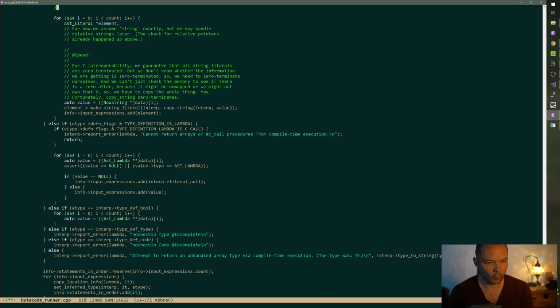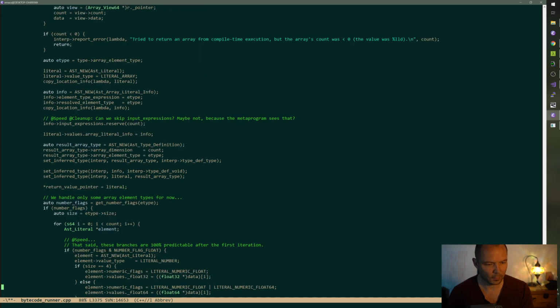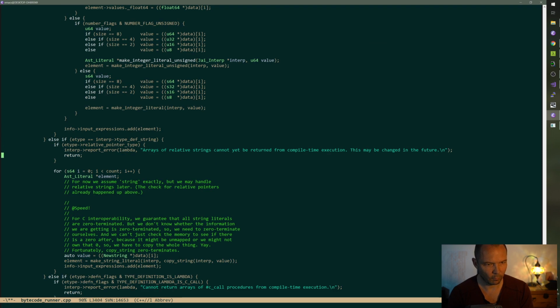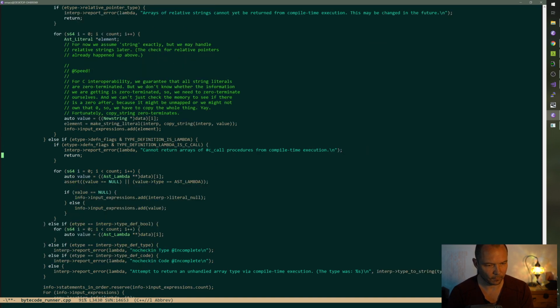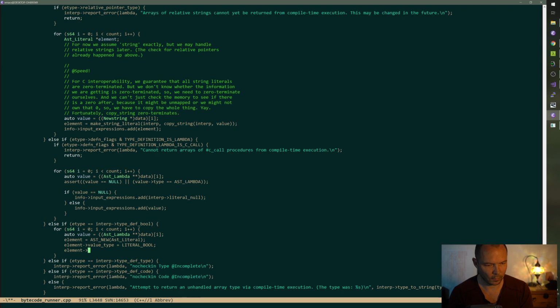All right, so we're going to want, just like we did for the floats, for bools, we're going to say value type is literal bool and element values dot bool is value.